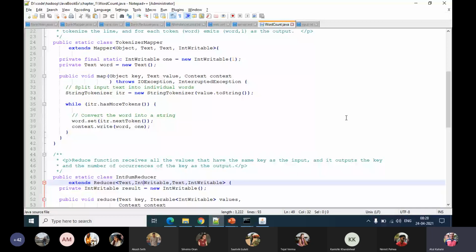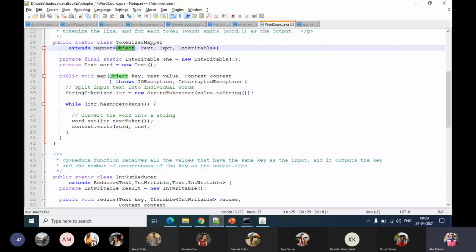This object is not useful here, but in some rare cases the mapper code itself receives key value pairs, so it doesn't have to do the parsing logic. That is when we don't even override the map function. We just let it write whatever it has received, for example object text.